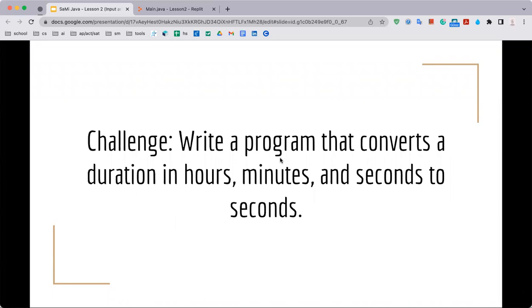Now, here is a little challenge. Let's write a program that converts a duration in hours, minutes, and seconds to seconds only. So for instance, if I had hour equals 1, minutes is 20, and seconds is 5. What I want would be